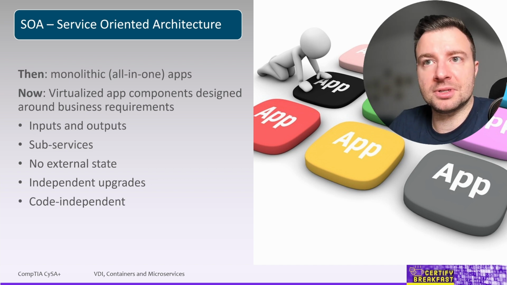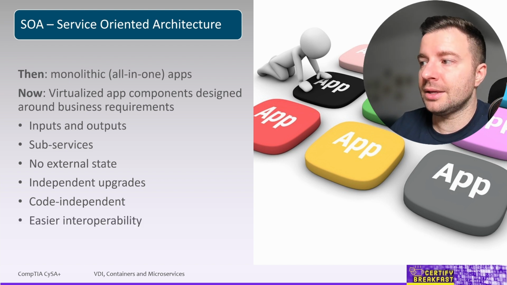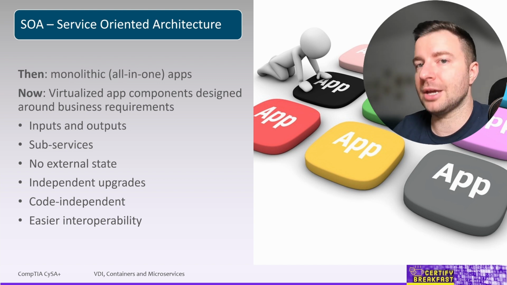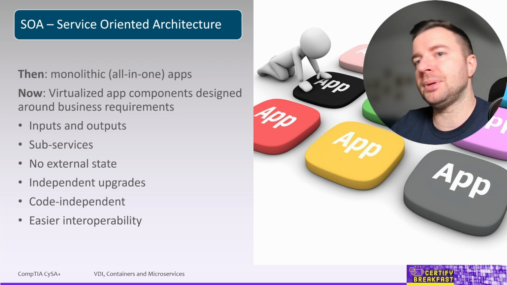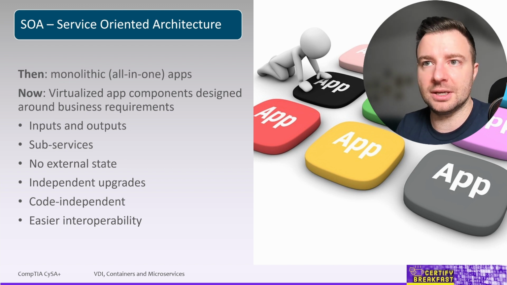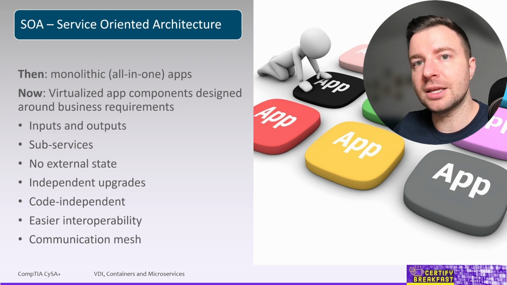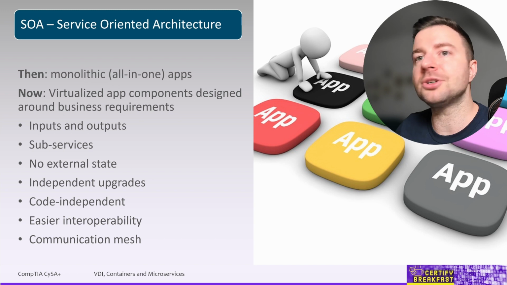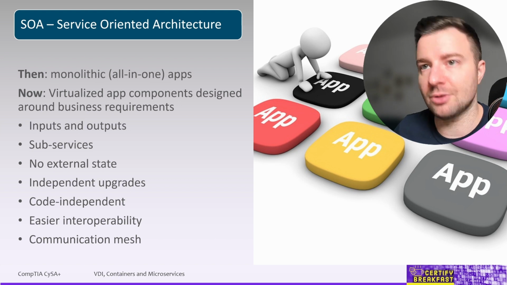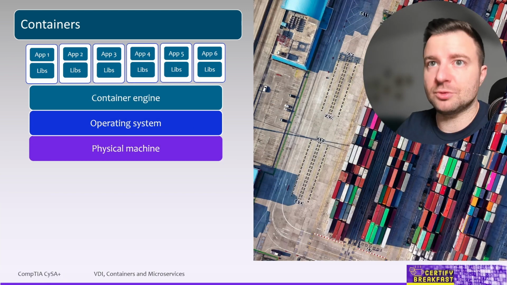We can use any programming language as long as they're still compatible with the interconnecting services and they can talk to each other. There is a much simplified interoperability between the services compared to the monolithic applications, where we had all the code in one big piece of code, one big block of application where all the functionality was baked in, because services have much simpler interfaces. And of course, we need to ensure that these services can communicate to one another, right? They can be interconnected using an abstracted communication method called a mesh, or sometimes called an ESB, that is an enterprise service bus.